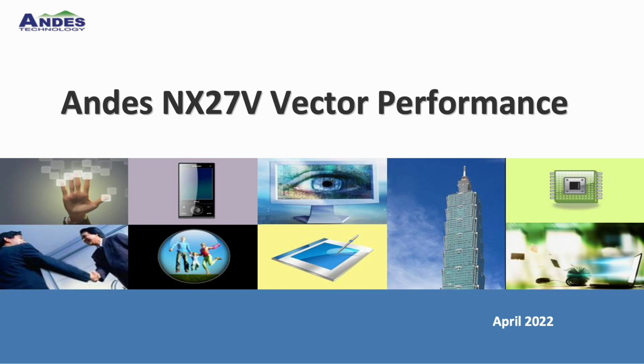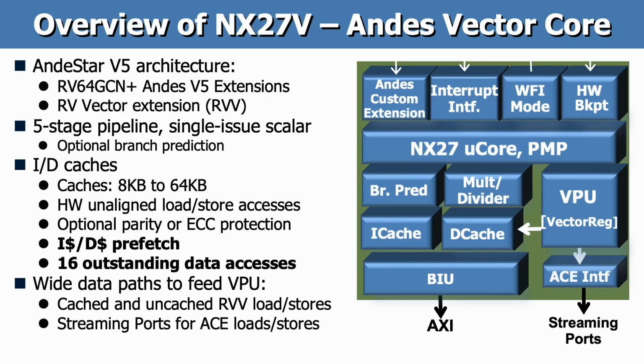So let's get started with the overview of it with Vector Processor Core. We built our NX27V as a RISC-V 64-bit core plus Andes proprietary V5 performance extensions. And then the real star will implement RISC-V vector extension. We built this core on top of our proven 5-stage pipeline, single-issue scalar core with a great branch prediction that's